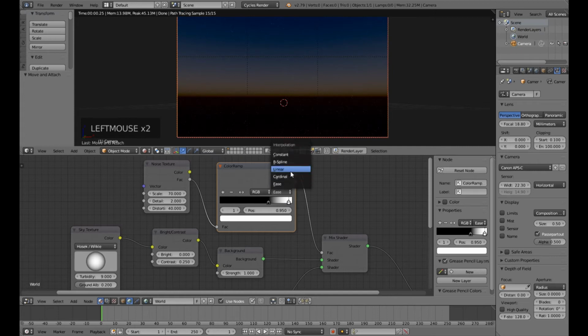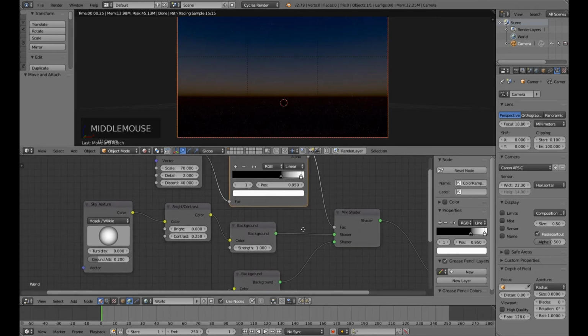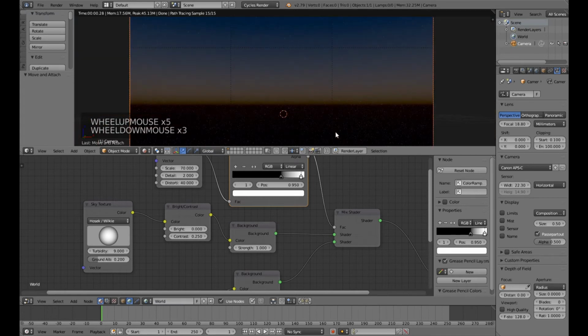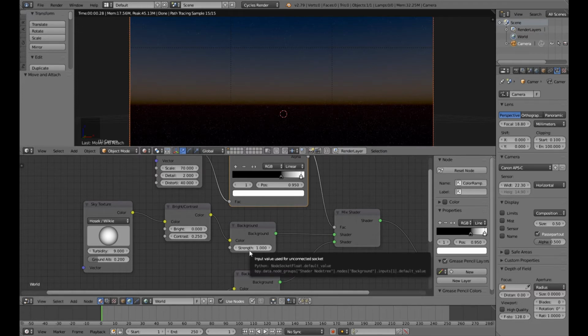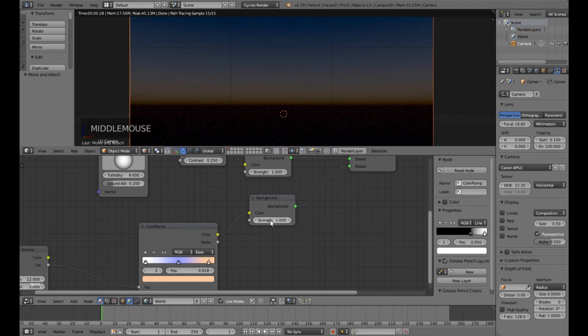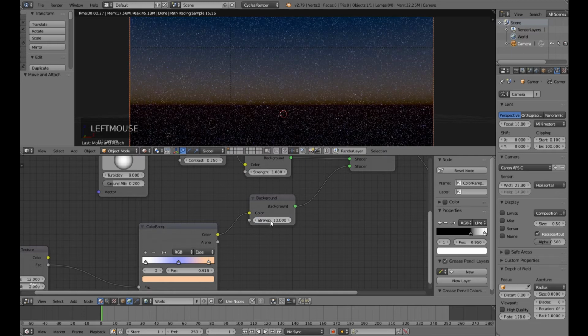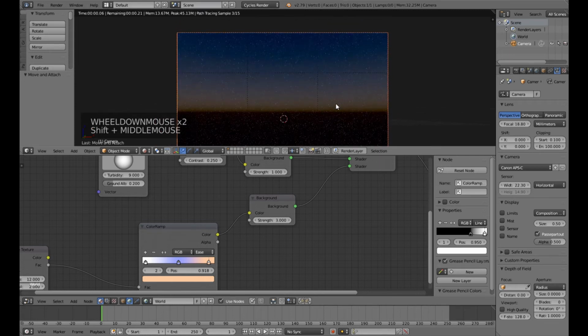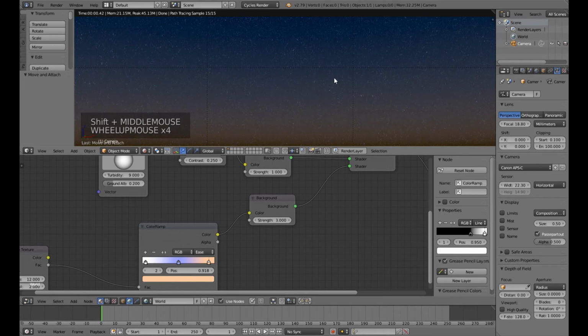And if I am changing this now to constant, there is nothing, so I'll just leave it at linear. And although there are lots of noises present there, yet it cannot be represented as stars because it's not actually glowing. So in order to make it glow, I'll just increase the strength to about 10. Maybe it was too much, maybe 3. Yeah, 3 is good for this scene, as you can see that there are lots of noises all around the stars, which can